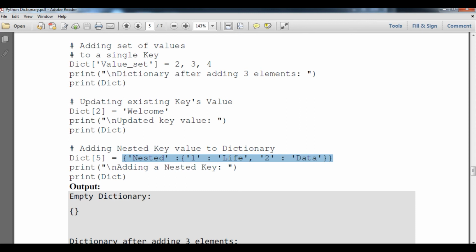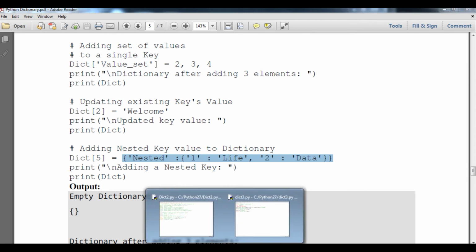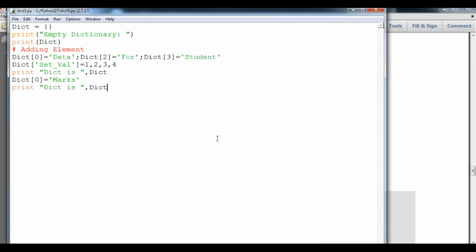So student, if I type dict of 5, there is no need to worry about any kind of sequence. Here you can see curly braces open because it is itself a dictionary, curly braces close, inside there a key will be there, and as a value a dictionary itself.